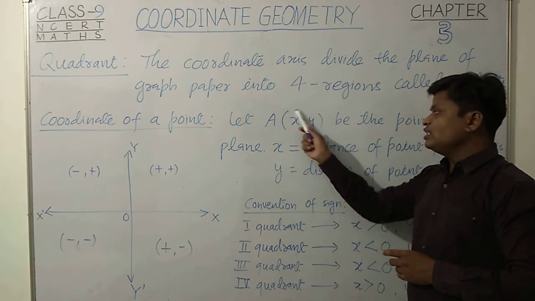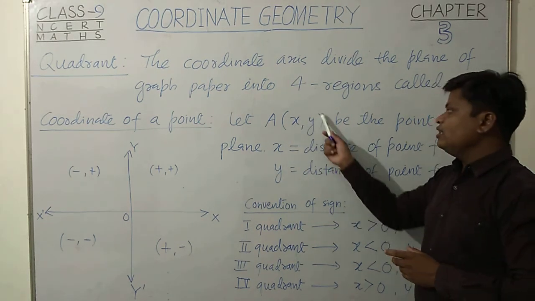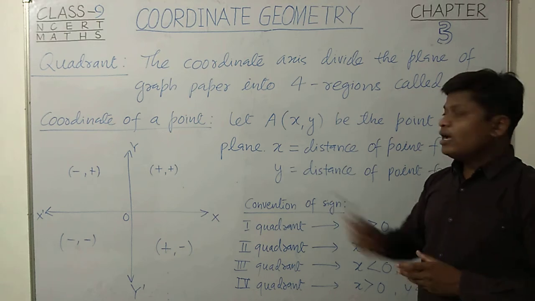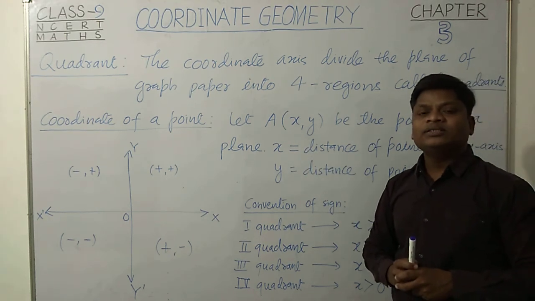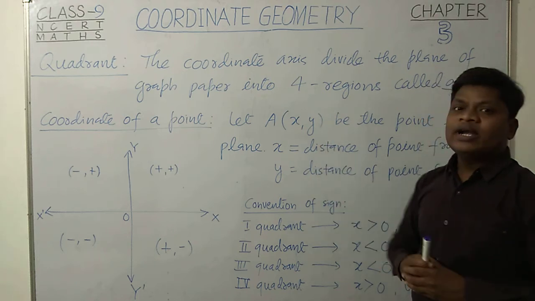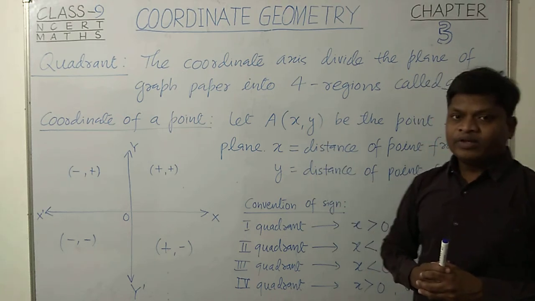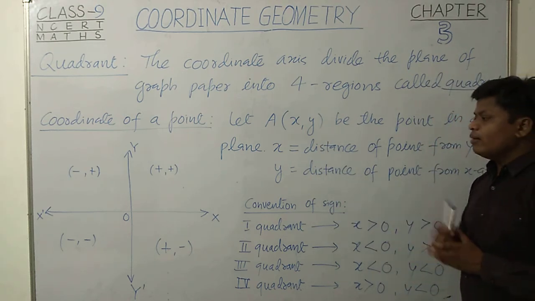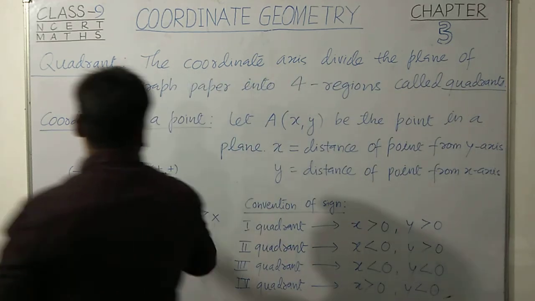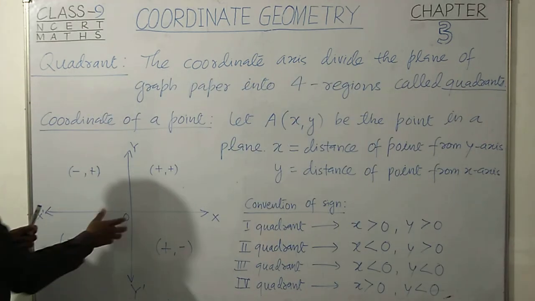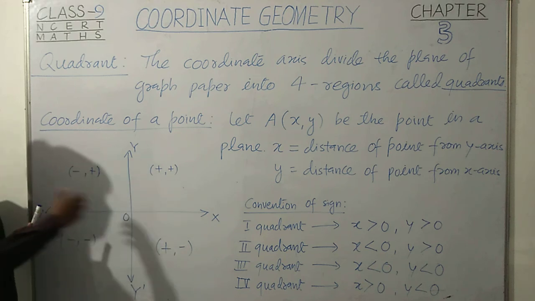Here this is known as the x coordinate and this is known as the y coordinate, and the x coordinate is also known as the abscissa, right? And the y coordinate is also known as the ordinate, right? So this is the basic terminology about that. Suppose let us take some example. We have to point out this point A anywhere in this quadrant. We have four quadrants, so we can find